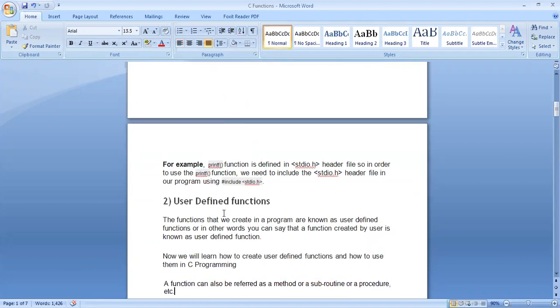In case of user defined functions, suppose I want to perform a task again and again. Say I have designed a calculator. You know the calculator, yes? What is the function of a calculator? To perform arithmetic functions, right? Just think about the simple basic calculator, not the scientific calculator, which is used to perform addition, subtraction, division, multiplication. So what is the purpose of the calculator? To perform some arithmetic operations, right?